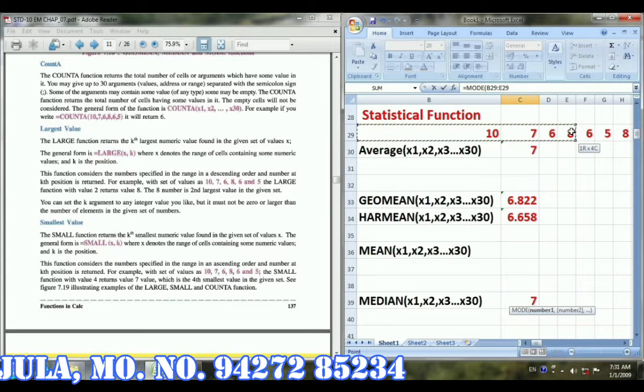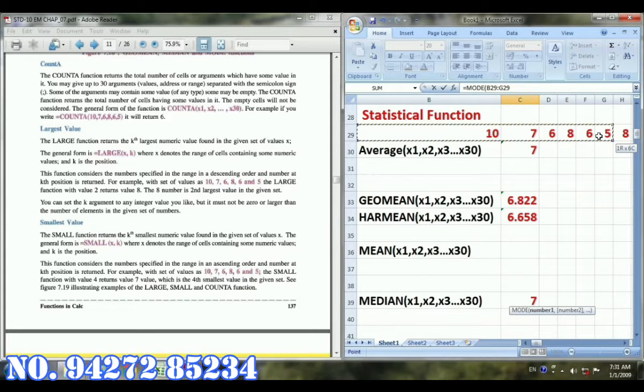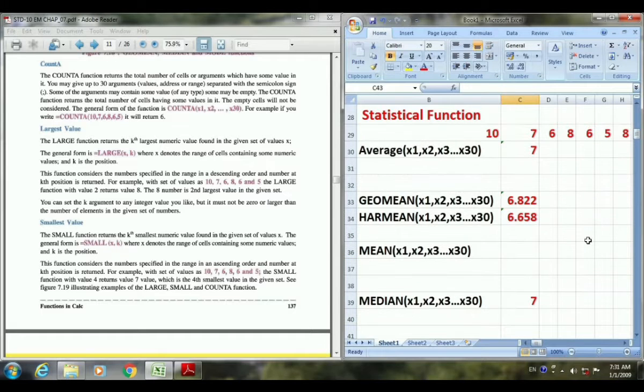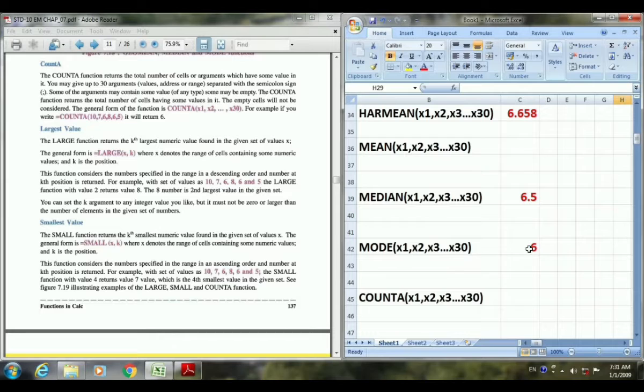You can copy this cell range, it's already given, and now press enter. Here we have selected till this point only. This one we will delete, it is extra. Now you can see this value 6 is repeated 2 times, so that repeated value will be the answer of the mode function. Here you can see the answer 6 is coming.